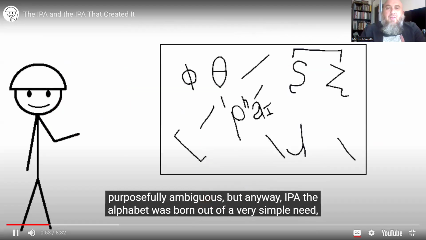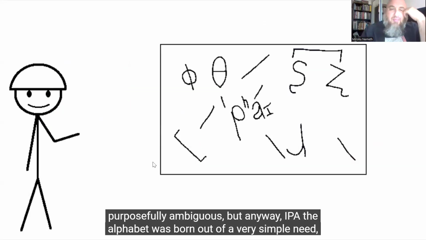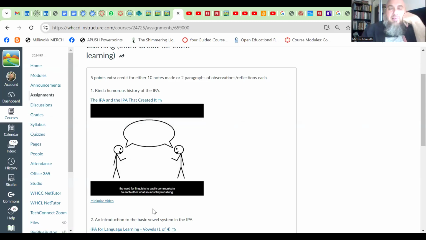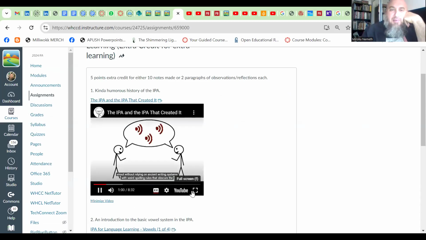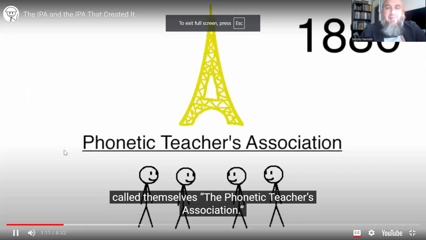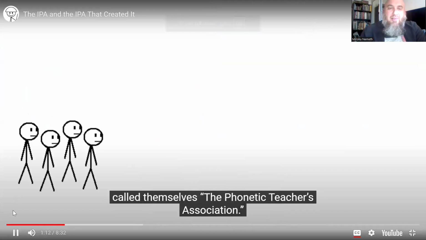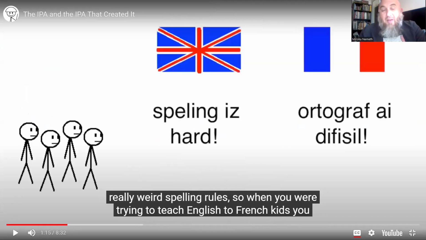But anyway, IPA the alphabet was born out of a very simple need. The need for linguists to easily communicate to each other what sounds they're talking about without relying on ancient writing systems with weird spelling rules that obscure the actual pronunciation happening beneath it all. The whole thing started back in Paris in 1886 with a small group of English teachers who called themselves the Phonetic Teachers Association. They were mostly concerned with the fact that English and French both had a lot of